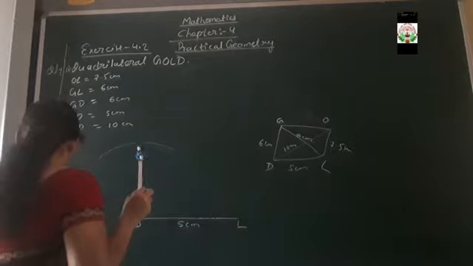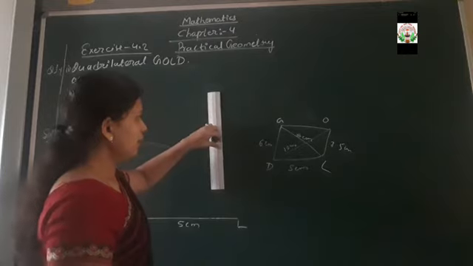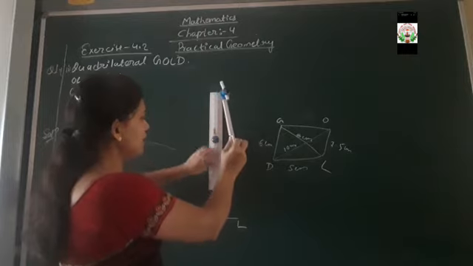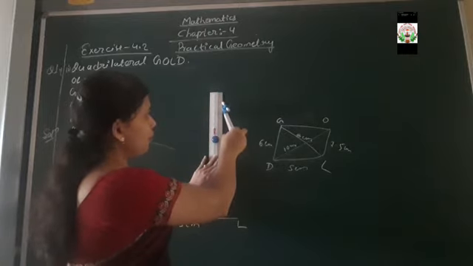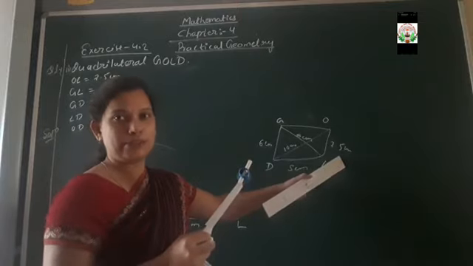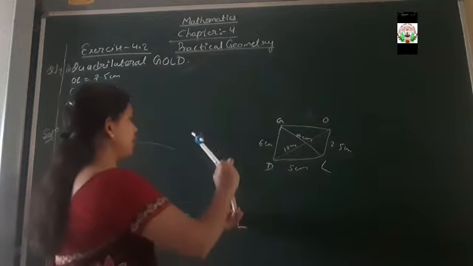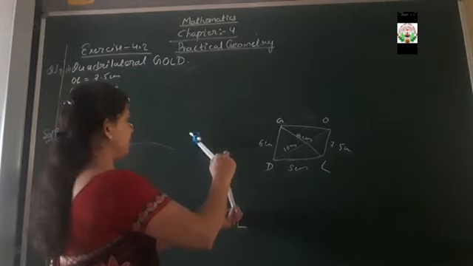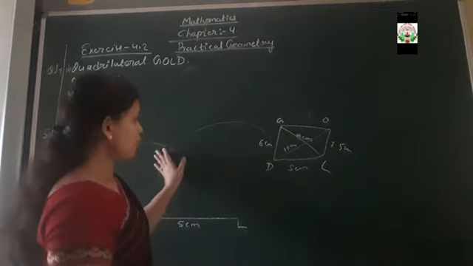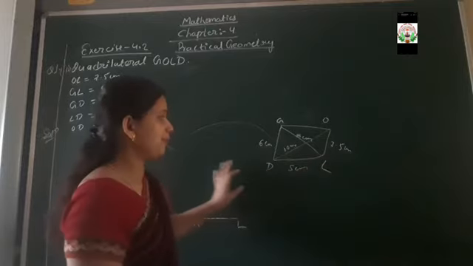Clear? After drawing that arc, again which centimeter we were going to take? 7.5. So keeping the scale on the plane of your copy, keeping needle at point 0 of the scale, stretching the pencil part up to 7.5. Then on the mouth of your rounder, how much centimeter we are having? That is 7.5 centimeter. Clear? Keeping the needle at point L, drawing another arc. Like this the arc we will get. Clear everyone? These two arcs we had got by using 6 centimeter measurement and 7.5 centimeter measurement.